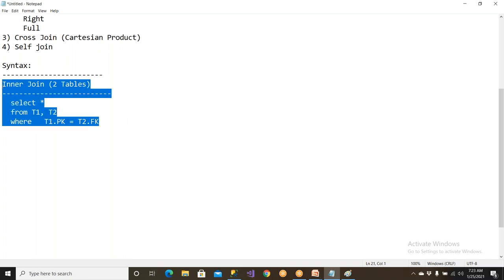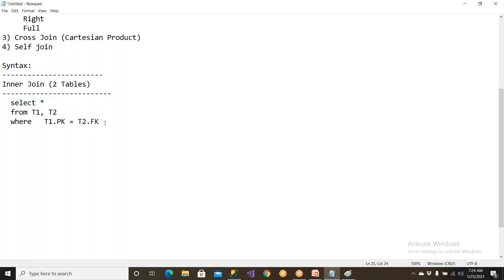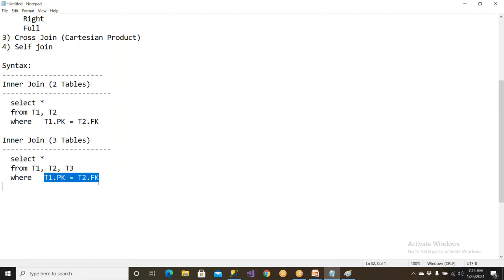But if you wanted to join three tables, you need to write like this: inner join three tables. So T1 comma T2 comma T3. So this and this is joined with the help of this expression. This is what is called a joining predicate, joining expression, or joining condition. Okay, how do you join these two tables? Based on this condition. So these tables are joined, but how this table is joined, that condition also you should be able to write like this: